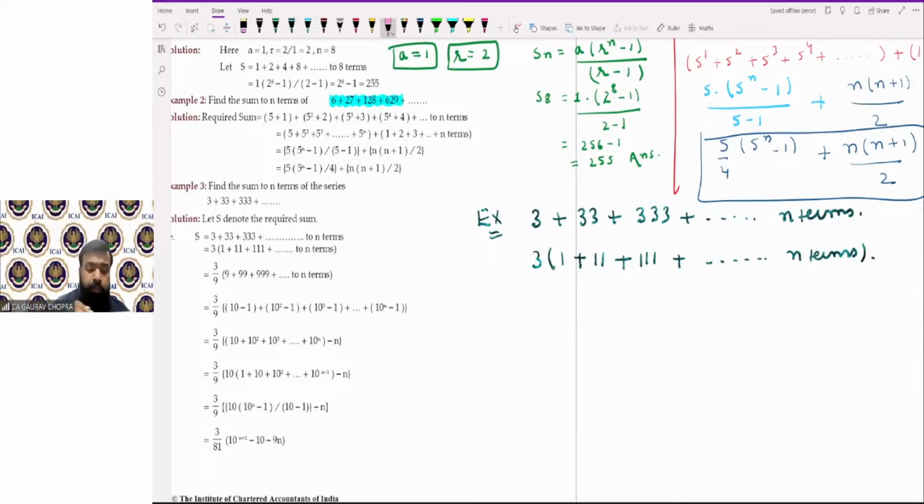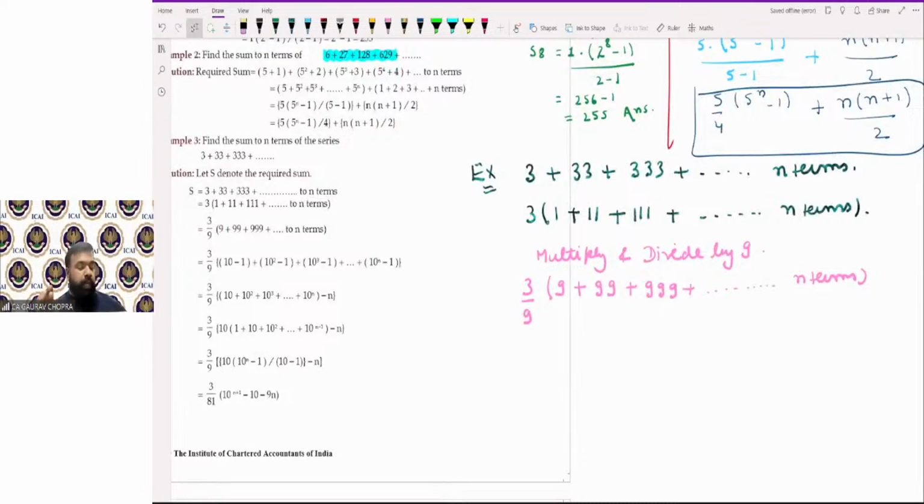अब जैसे ही आपके पास 1, 11, 111 ये सब आ चुका है, नेक्स्ट स्टेप आपका फिक्स है। और वो फिक्स स्टेप क्या है? मल्टीप्लाई एंड डिवाइड बाय 9। तो उससे क्या होगा? 3/9, दिस इज द डिवीजन। मल्टीप्लाई, जैसे आपने मल्टीप्लाई किया, इट विल बिकम 9, 99, 999 एंड सो ऑन। कहां तक है ये आपके पास? n टर्म्स। ये आपका मेन स्टेप है। 9 से आपको मल्टीप्लाई भी करना है एंड 9 से डिवाइड भी करना है। परफेक्ट। नाउ सब कुछ 9 के पैटर्न में आ चुका है।